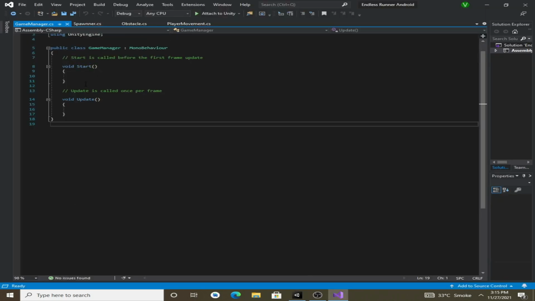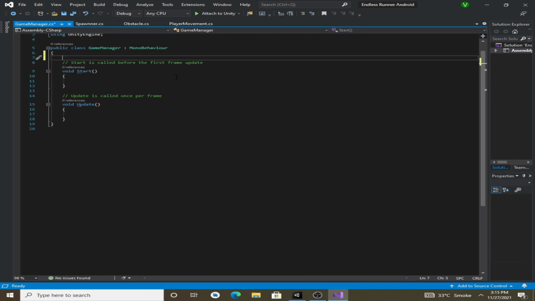So now we will create a public variable for detecting the game over. Now we will write public static bool, and we will name it isGameOver.